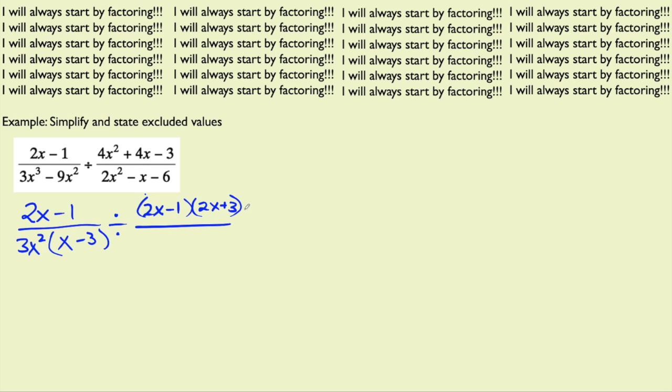So I was just doing that on a piece of paper. And the bottom one, let's see, that one will factor to 2x plus 3 and an x minus 2. Okay, so hopefully that is correct. All right, so